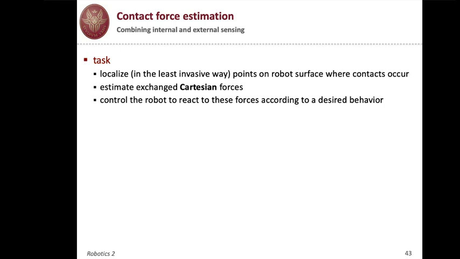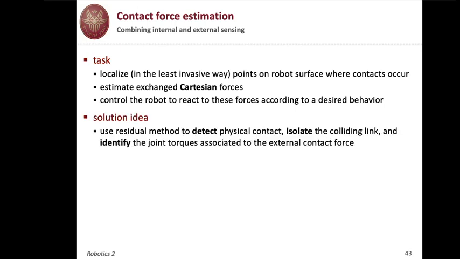So we localize in the least invasive way these points where the contact occurs. We give an estimation of the Cartesian forces that are being exchanged, initially probably 0 when we just touch the surface. And then we may use this information to control the robot reacting in some desired behavior. That depends on the context, indeed. So the idea is